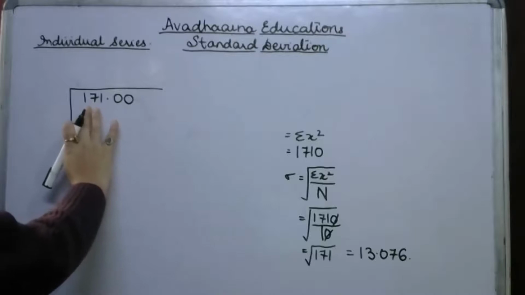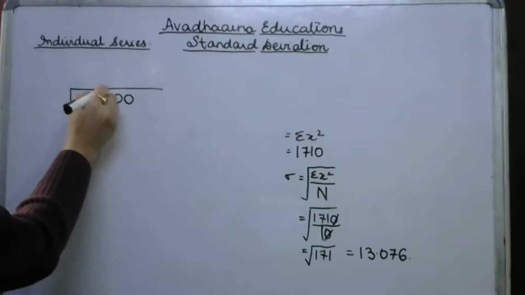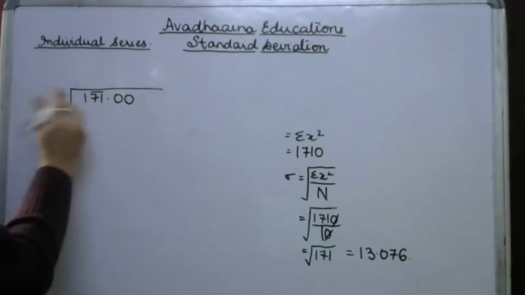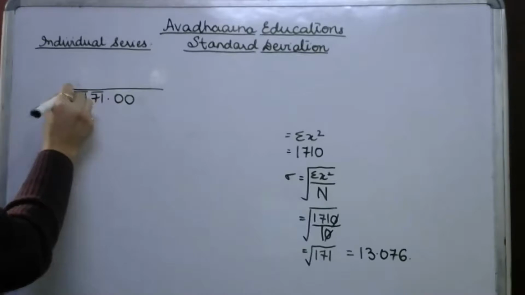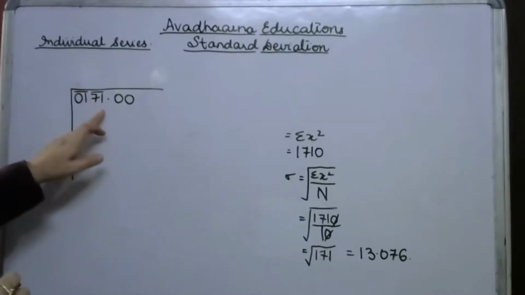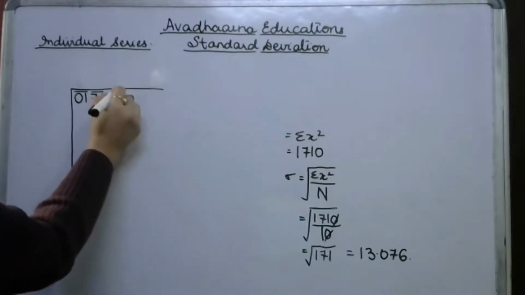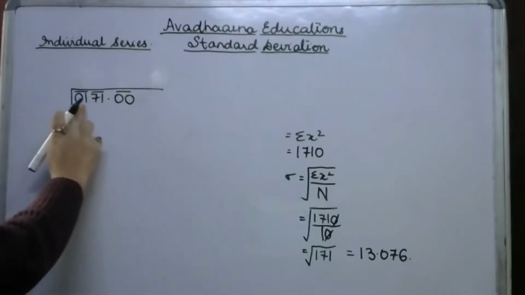होल पार्ट जो होता है नंबर का, they are being paired into two starting from right to left. So 1 and 7 पेयर बन जाएगा, and then 1 ये अकेला है, we'll write 0 and make the pair, and 1 and 0 are being clubbed together. And in the decimal part, we do the pairing from left to right. So 0 0.